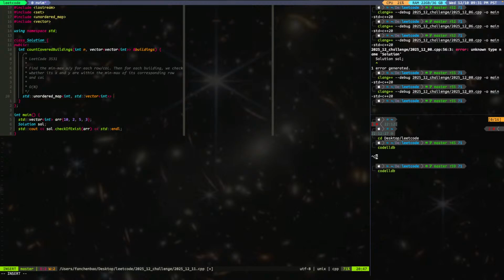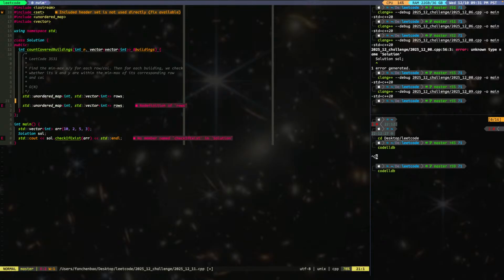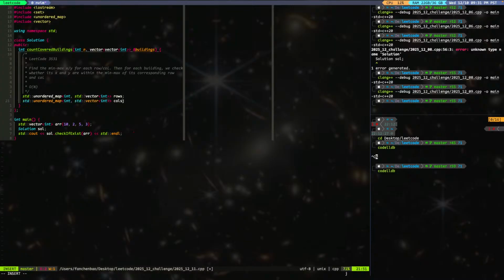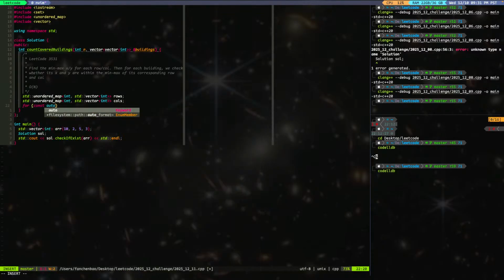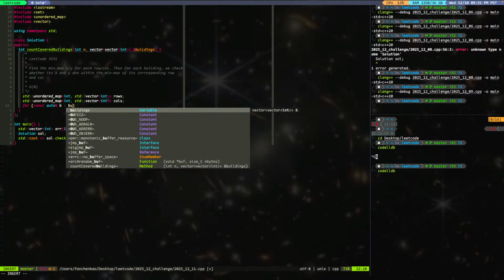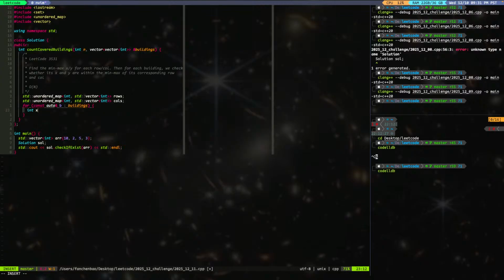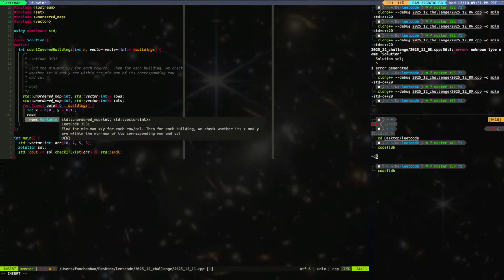So we say rows, okay, and then we'll do columns, okay, and then we say for. We'll have to go through this twice, right? For const auto b of buildings, right? X goes to b0, y goes to b1. So x is the column, right? X is the column. So rows,